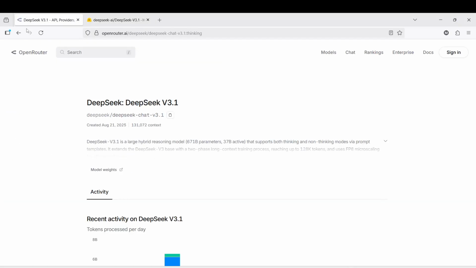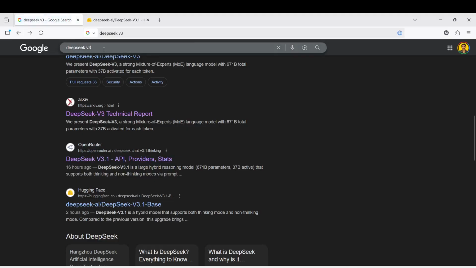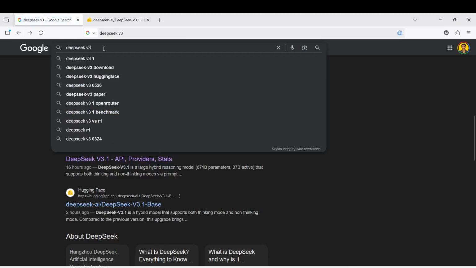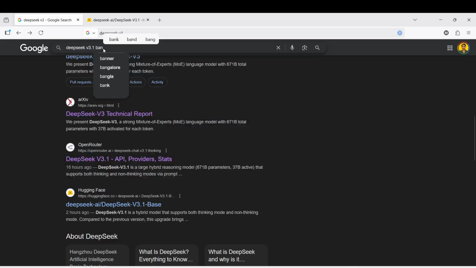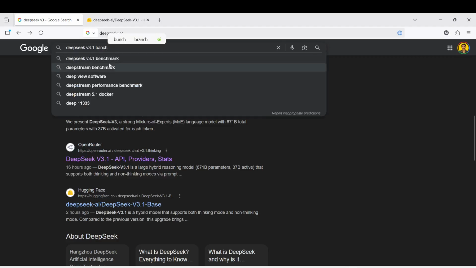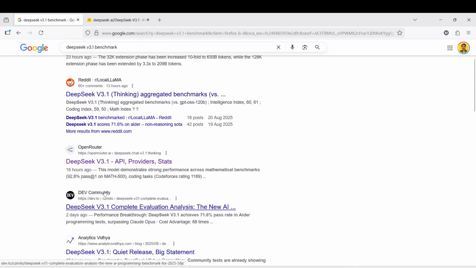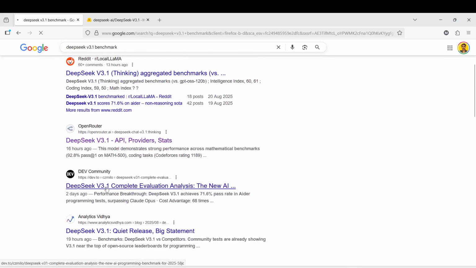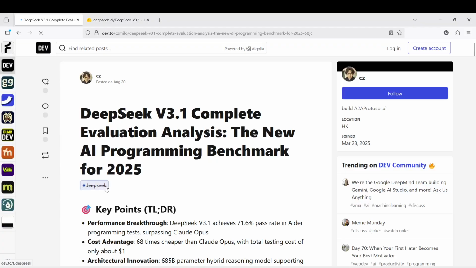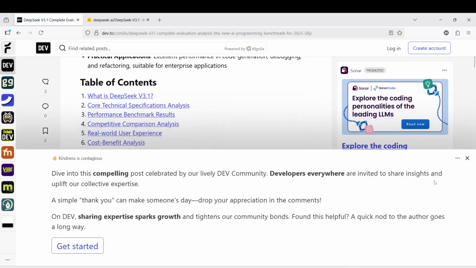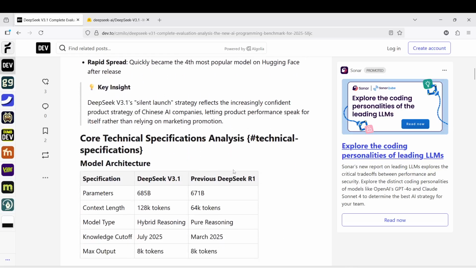Now, let's shift our focus to a broader overview of DeepSeek V3.1 as we browse through a website packed with valuable information. Here, we'll see a clear table comparing benchmarks and performance metrics across different versions of DeepSeek, giving us a tangible sense of its evolution and improvement. The site details its features and technical innovations, really underscoring the advancements made. What's particularly interesting is the cost-effectiveness comparison, placing DeepSeek against well-known models like Claude Opus and GPT-4, which offers a